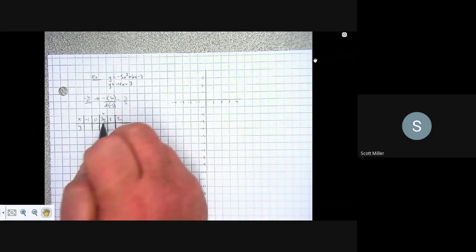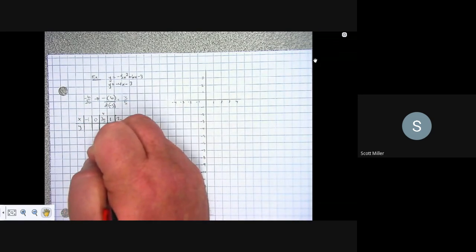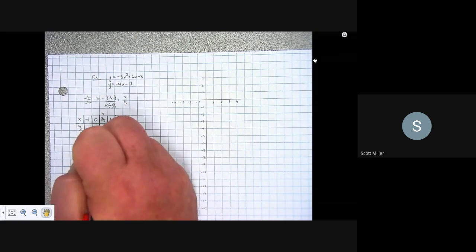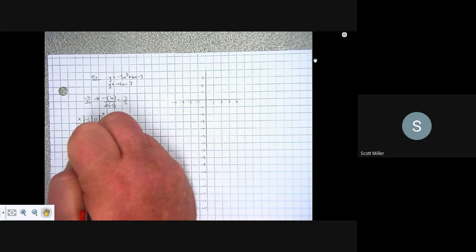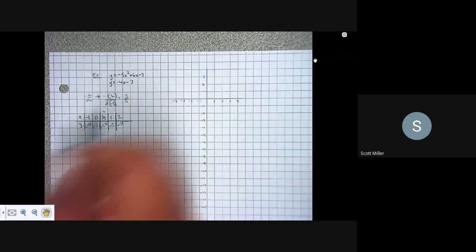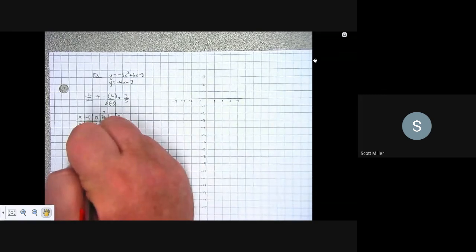I've done so already, so for the sake of time, this right here will yield 1.2. This is a negative 2, negative 11. At 0, we get negative 3. And at negative 1, we get negative 14. Okay? For the line, we do a table for the line,